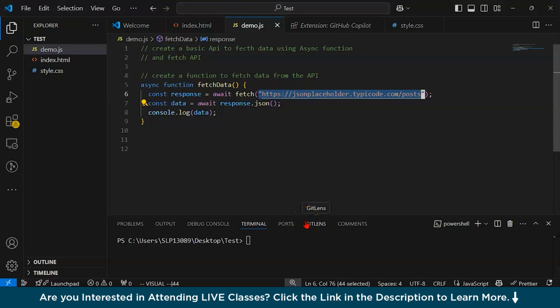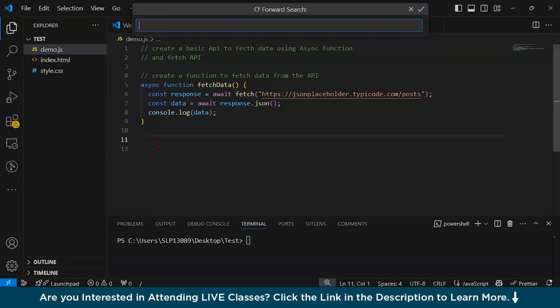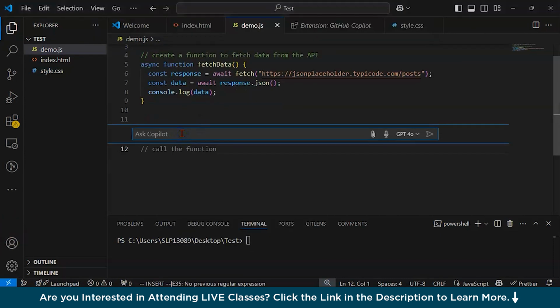So what I want to do next is that I want this fetch function to fetch the data, and the idea over here is to loop through the data and display the titles of the posts on the page. So I want to update this JS. Let us write a prompt over here. So we are going to update the Copilot. Now I want to update the demo.js file, and I want you to